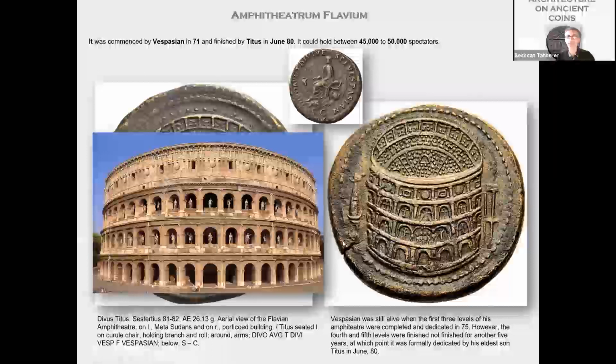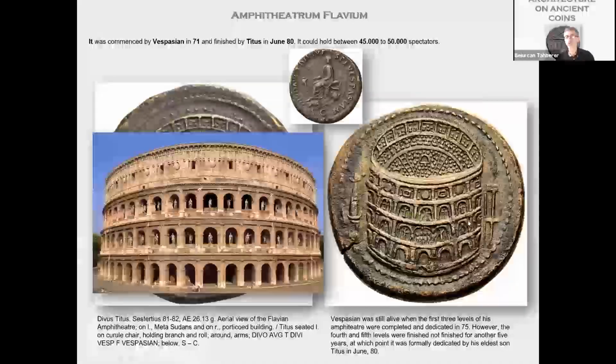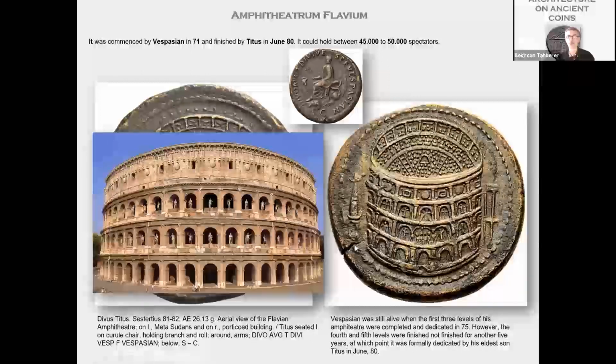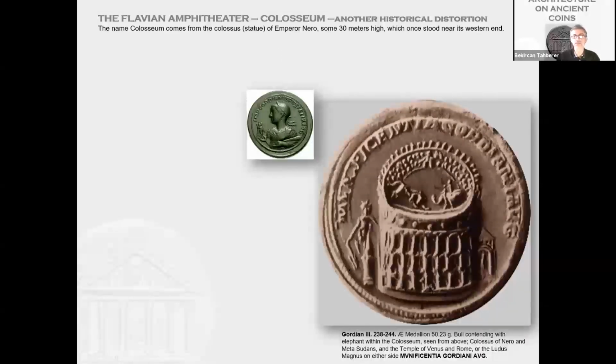As you see on these coins, on the left-hand side, you have a fountain, a well-known symbol of the city, Meta Sudans. And on the other side is a porticoed building. You don't have anything else. And on this coin, you have consistently the same side objects depicted. When you come to the time of Gordian, which the building had to be renovated greatly during this time,